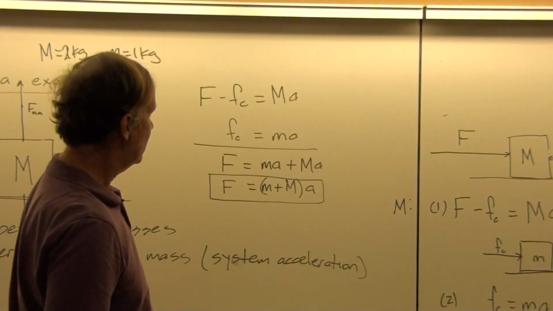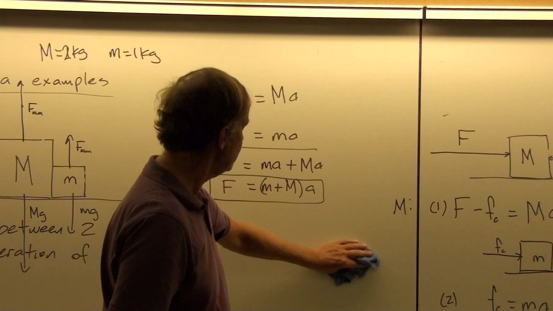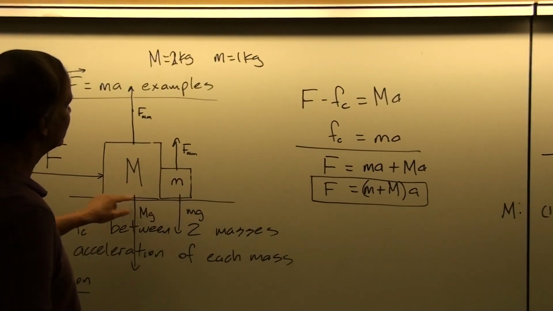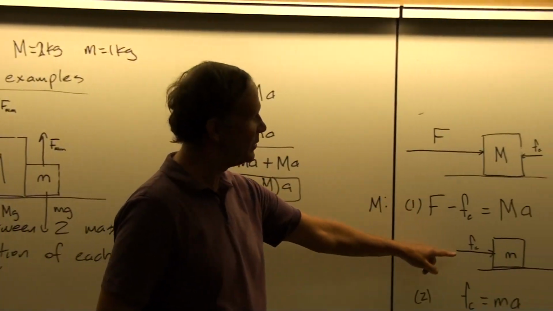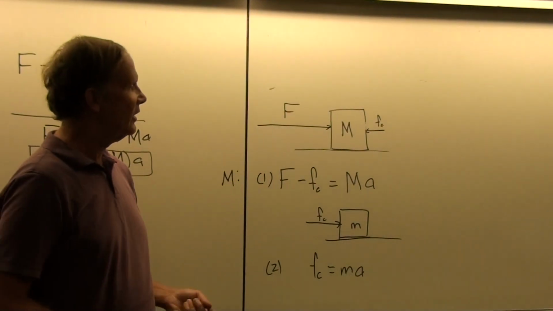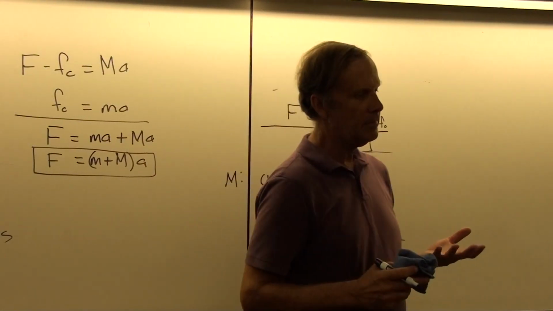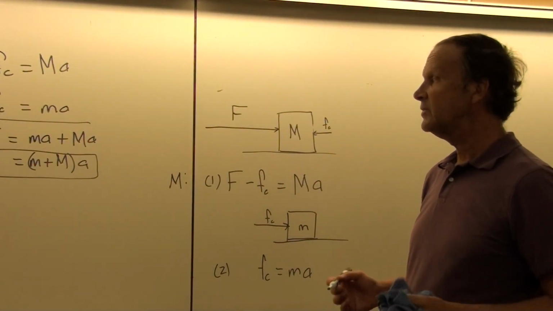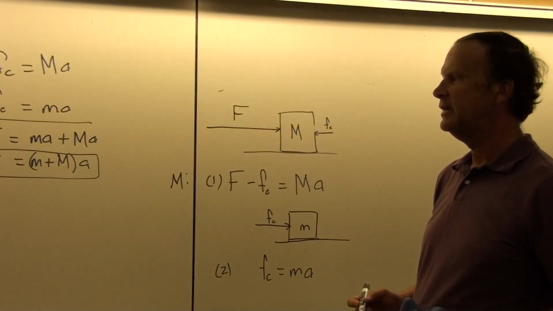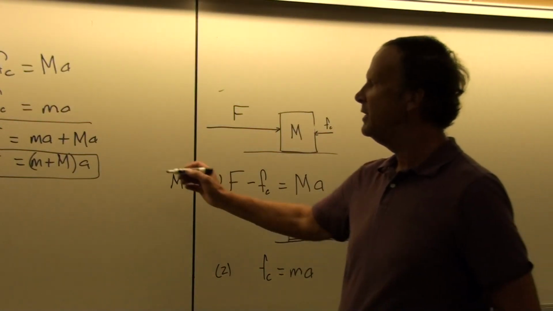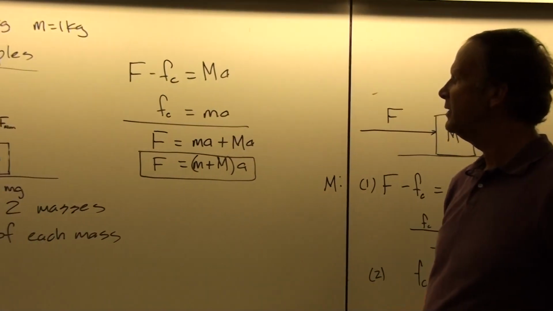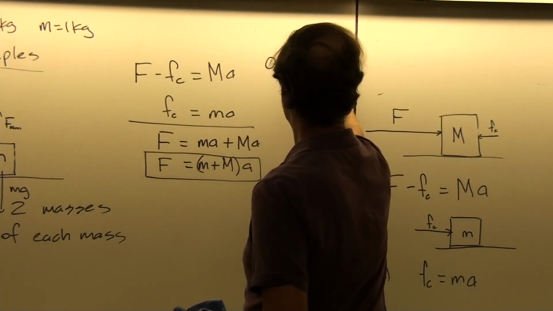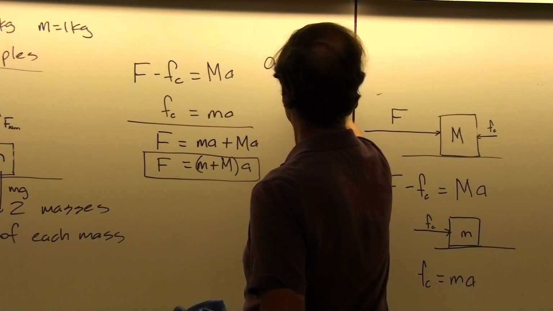And that would be valid. There's no reason why you can't do that. And so you go, well, if I'm treating it like a combined mass, then why do I have to split it up into two separate parts? That looks more confusing. Well, the key thing here is you can't get the contact force unless you separate them out. And so that's an important part of this problem, is finding the contact force. But because of the way the algebra worked here, it was a little easier for me to get the acceleration first. So my acceleration then, A, is just equal to big F divided by big M plus little m,